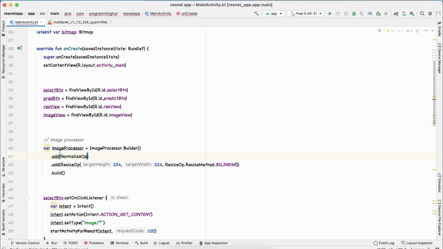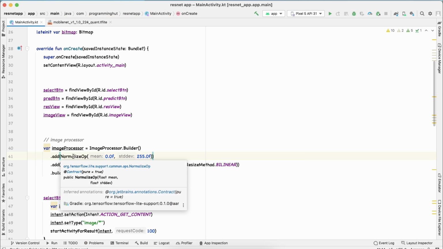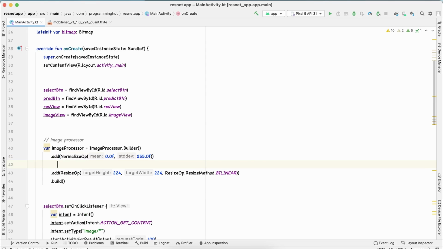Here is TensorFlow normalize op, and you can pass it like this, and you can give 0.0f and 255.0f like this. So what this is going to do is normalize your pixels from 0 to 1 if you are using normalization. And if you want the grayscale op, again here we have a grayscale op, but for